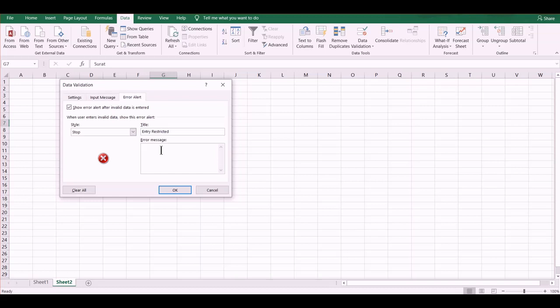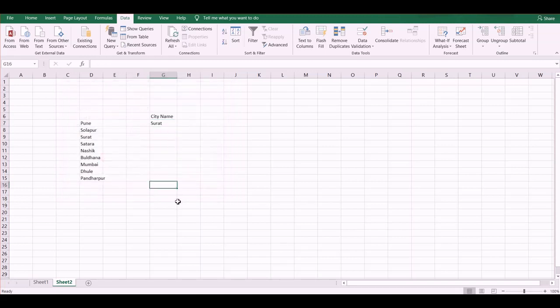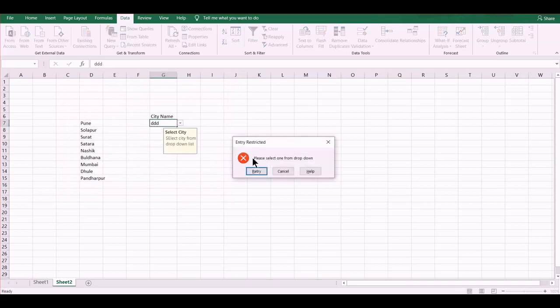This will be the title, and the message should be, please select one from the drop down, and we have selected it as Stop. So if we enter something different, it will show entry restricted, please select one from the drop down list. So this is for Stop.